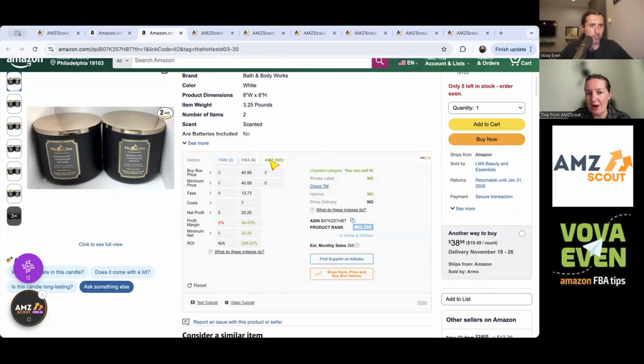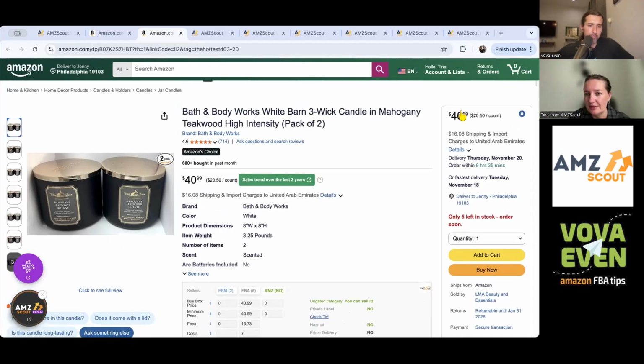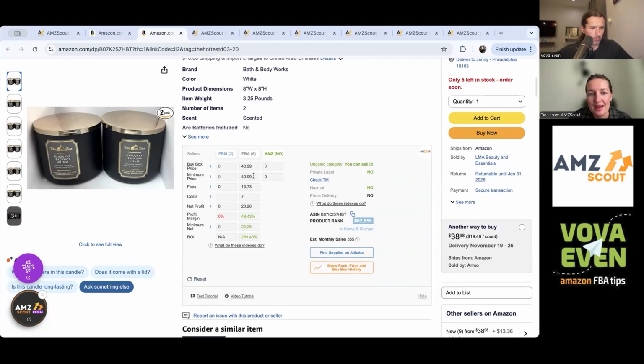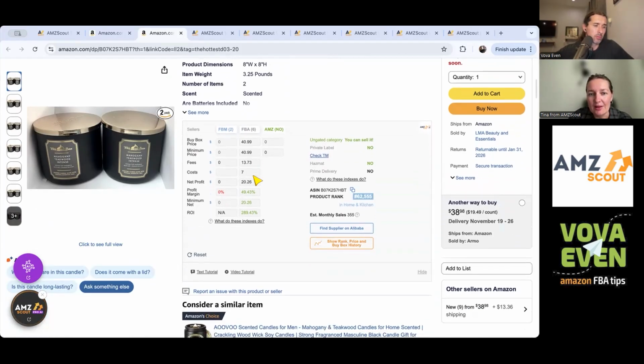It says that there is no Amazon in the list of sellers, and that the buy box right now belongs to FBA. That's why the price point is not in this box, the buy box price. Okay, this 40.99. And if you put the costs that you imagine you'd have selling this product, like I just put 7, but let's put, for example, 8,